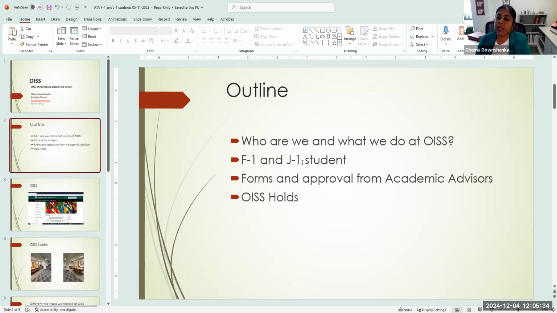And then some of the forms that they bring to you for approval. And also talk about holds, because sometimes students will be frustrated coming to you saying, I can't register, there's a hold from OISS. Can you help me remove it? Unfortunately, these holds cannot be removed by another department. It is an OISS hold. So I just wanted to talk about those holds so you know what they are when you're advising students.